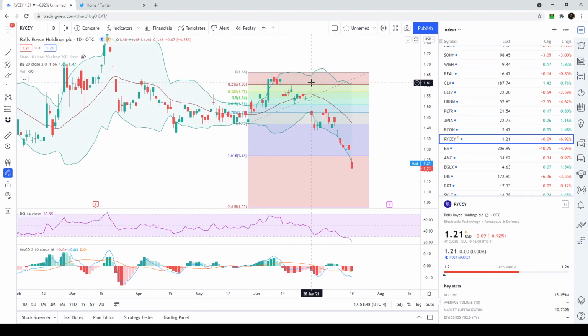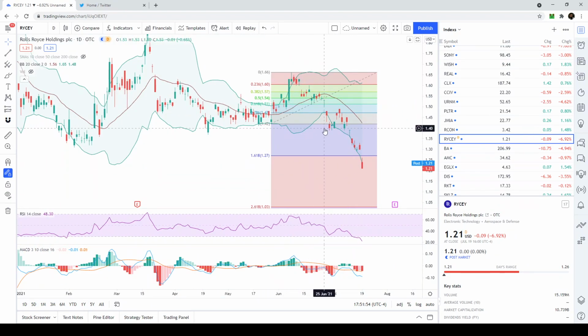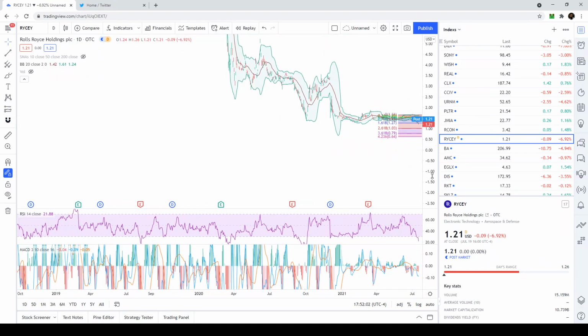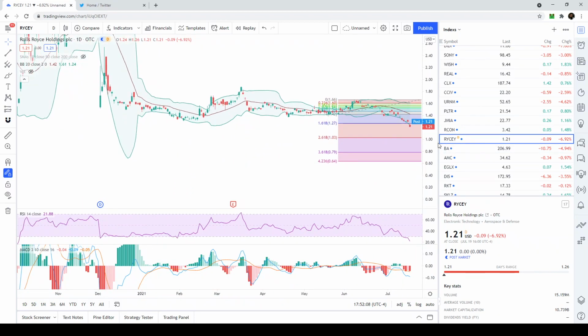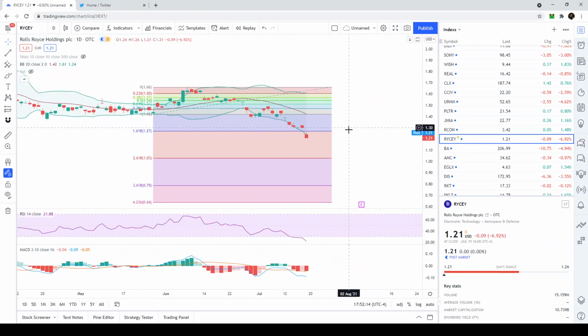Rolls-Royce, very, very bad move. Made new lows. I'm not sure what news came out. I'm not sure if they had a stock split either. But overall, this is very bad. There's no support. Yeah, it made new lows. There's no support. There's not much else to really look at here. We need to see if it can have some sort of support